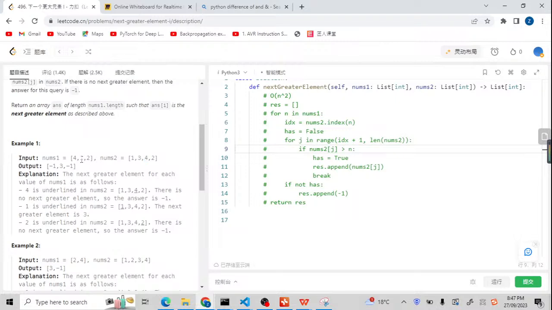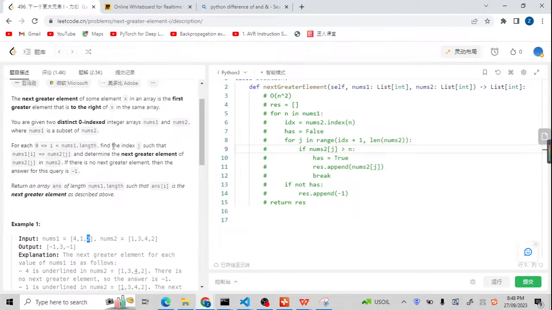So what about the 1? For 1, the next greater element is 3, so we have a 3. And for the last one, 2, the next greater element is nothing, because here is a 2. We have to use the 2 in nums2, it's not here. And then after 2, there's nothing, so we're going to have a -1. Yeah, it is not like that. If you have a 2, the next greater element in nums2 is 3, but that is wrong because that is